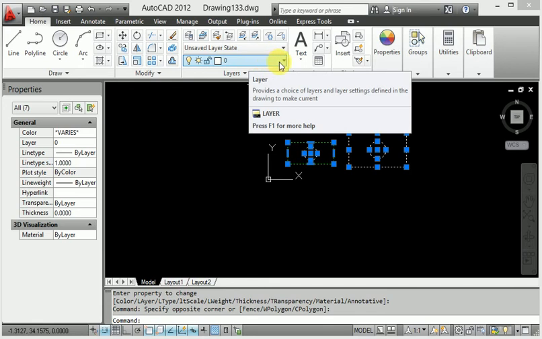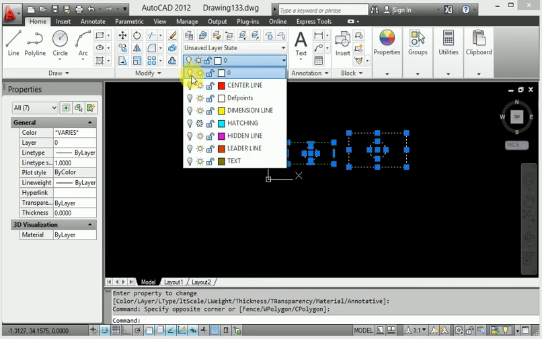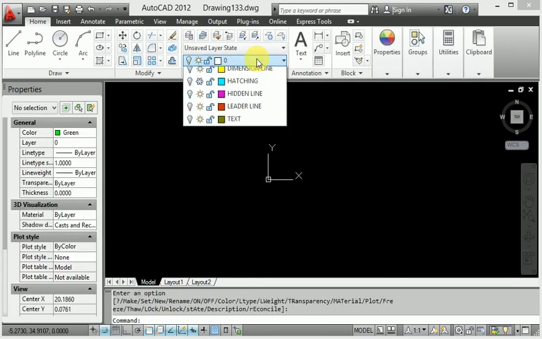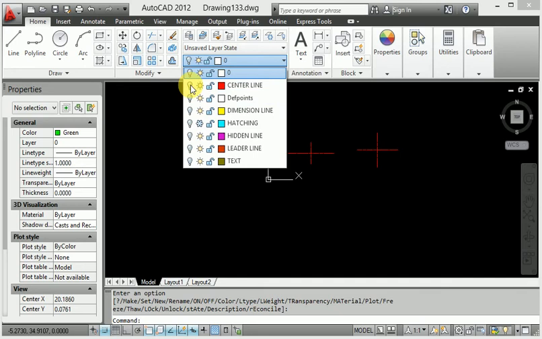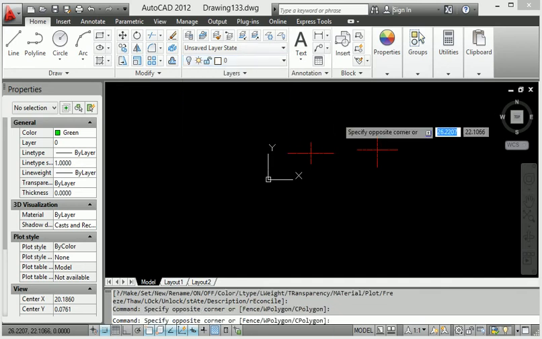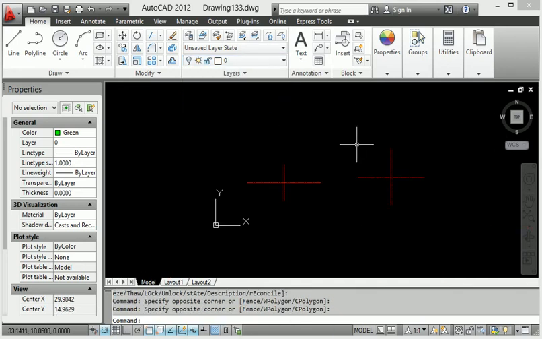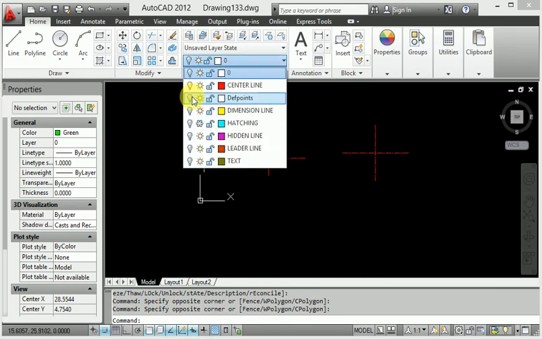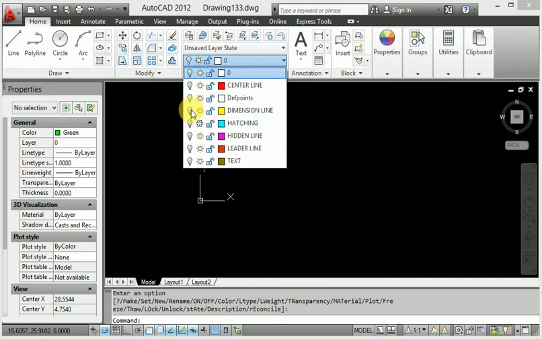Then if I hide the object line, it is totally hidden. When I open this center line, it comes to center line. See this here, this is called center line. Then again I hide center line and come to dimension only.